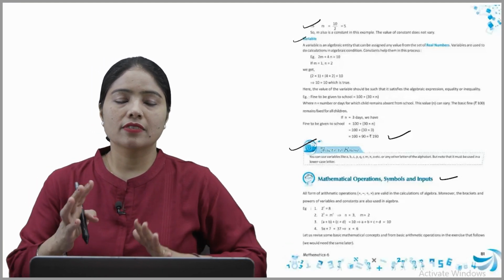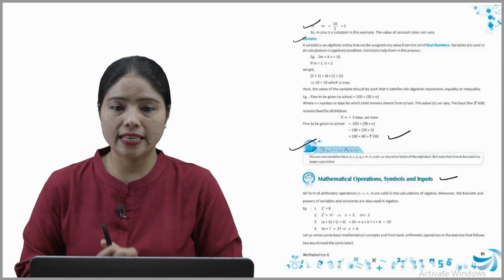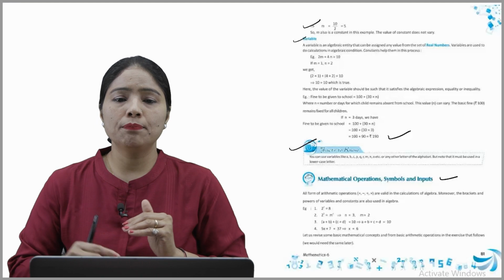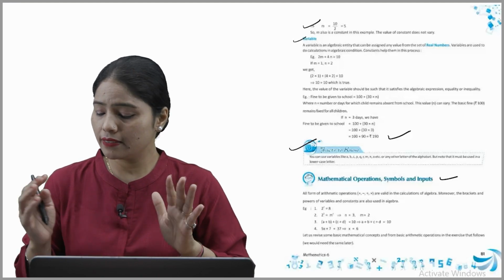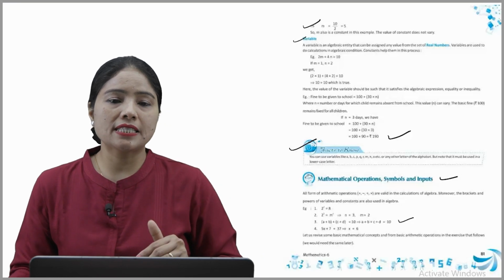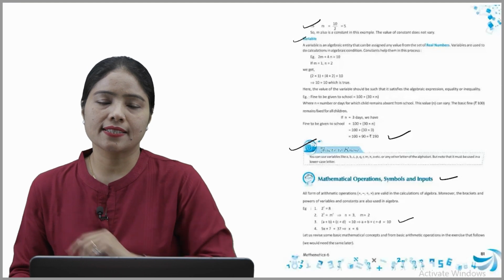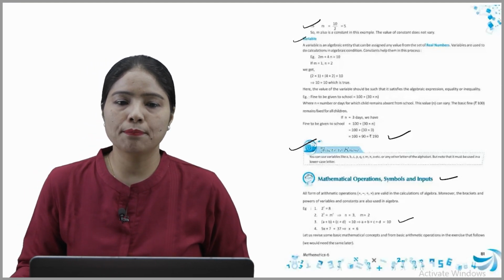And example 3 is a plus b plus c plus d, that means 10. So a plus b plus c plus d is equal to 10, beta. And now 5x plus 7, that means 37. So x is equal to 6. Hope you understood well this example.